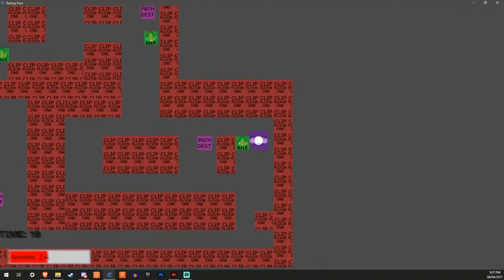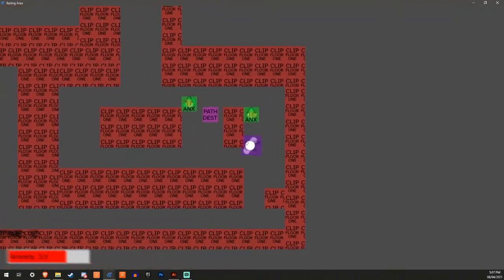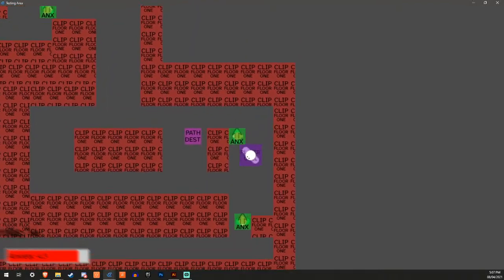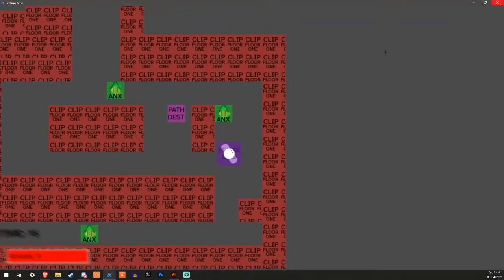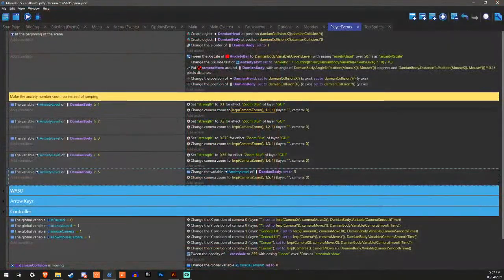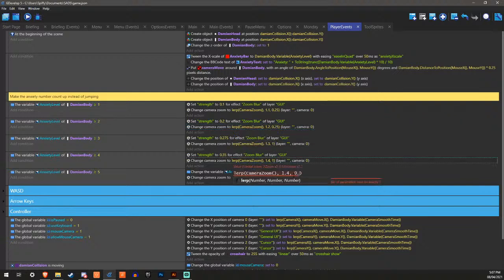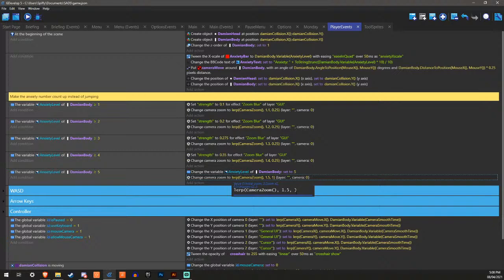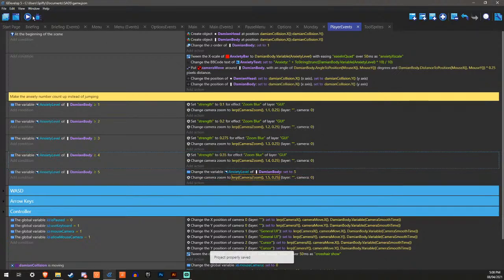That goes in a bit more. That goes in a bit more. That goes in. That goes in. And then last one. Alright. 1 is a bit too much. 2.25 should be alright. That should be fine. Right, cool.